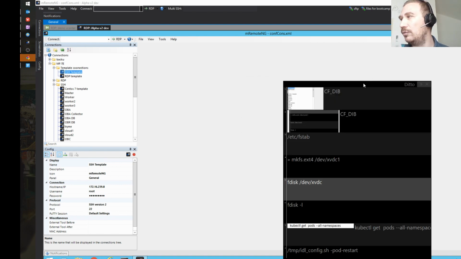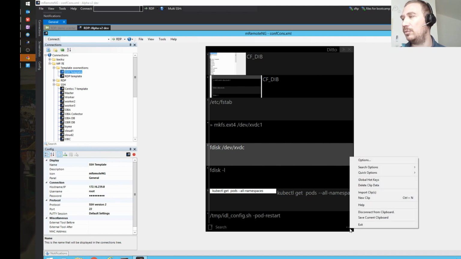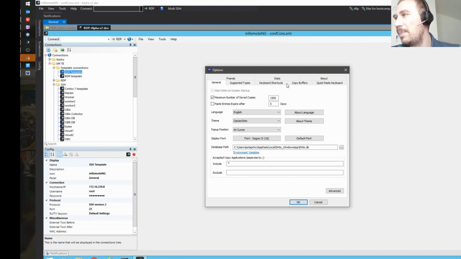So let's see other configurations that I made. First of all, when you do screenshots and text, you would like to see what's inside, and for this you need to pick a couple of options. So the first option that you need to change is, let's move it over here. So now maximum number of saved copies. I think by default it's like 300 or something. I don't really remember, but I just bumped it up to